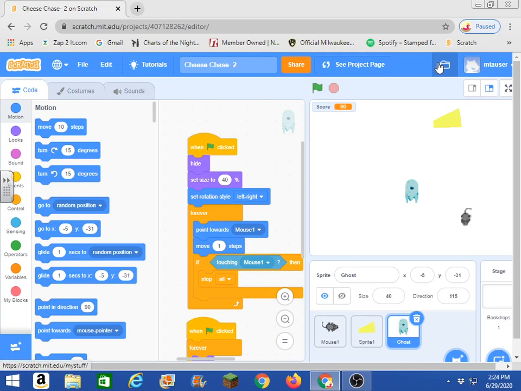Again, like I said, we're going to do two things. One of them is pretty simple, and one of them is going to take a little time, and when I get to it, I'll explain what my issue is with it, and we'll go from there. So we're going to start on the ghost sprite